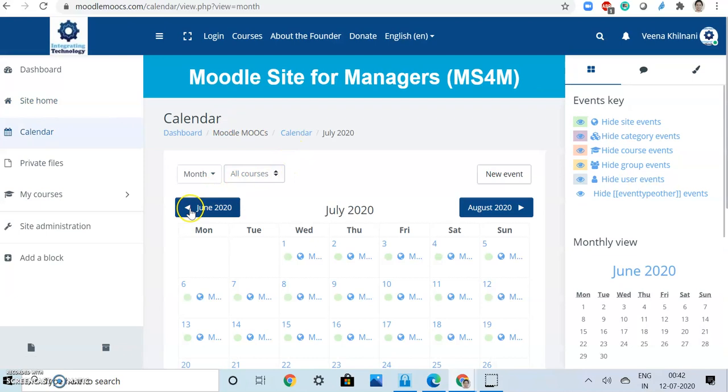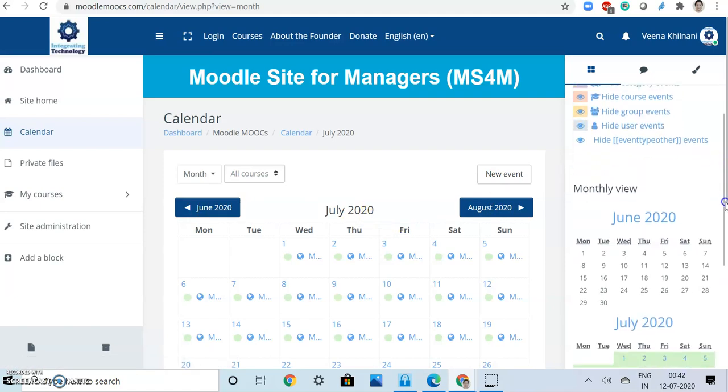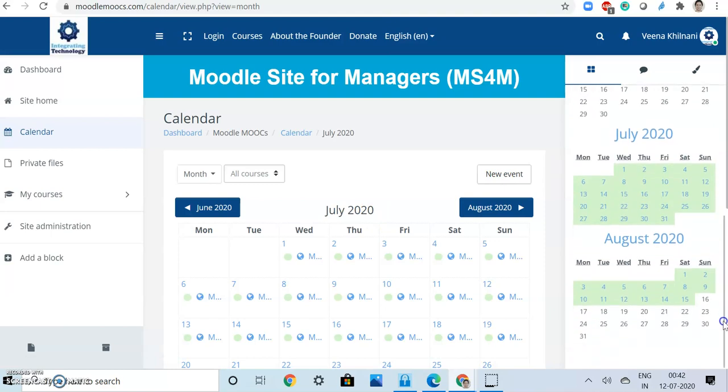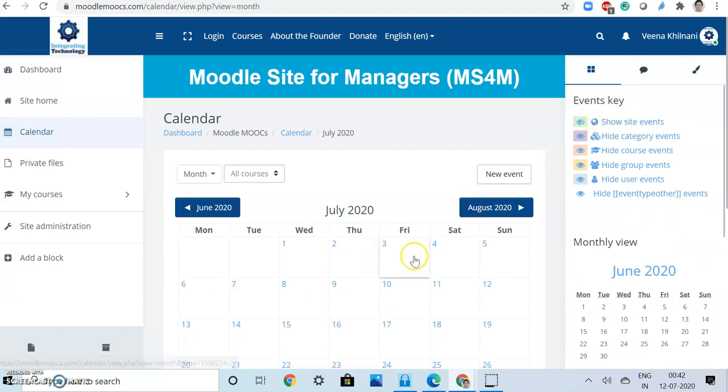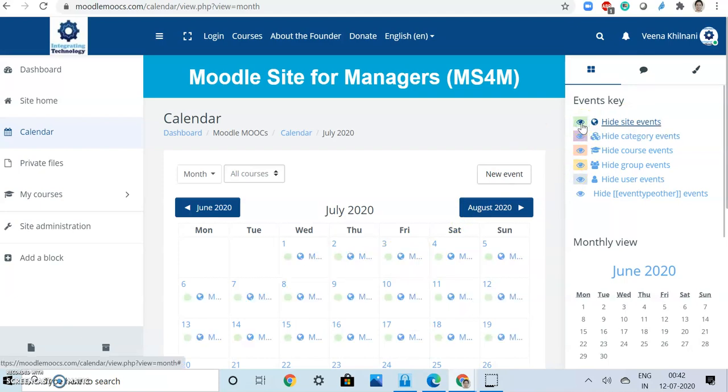For the calendar, you can see the calendar over here. You can see the calendar on the horizontal with June on the left and August on the right. In between you have your July. Similarly, in the vertical form also you can see June on top, July, and then your August calendar. You can hide your events, or you can let them be seen over here. If you hide the events, you can see them all gone. You can see the clear numbers only over here. And if you let the events be seen, you can see all the marks, icons relating to the different events. So this is your calendar over here.